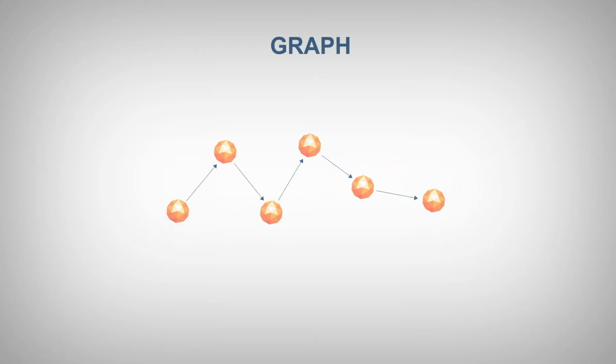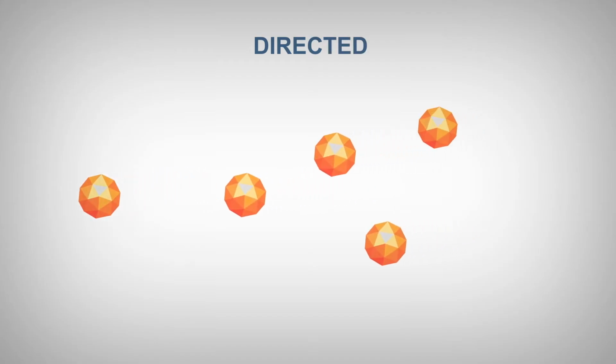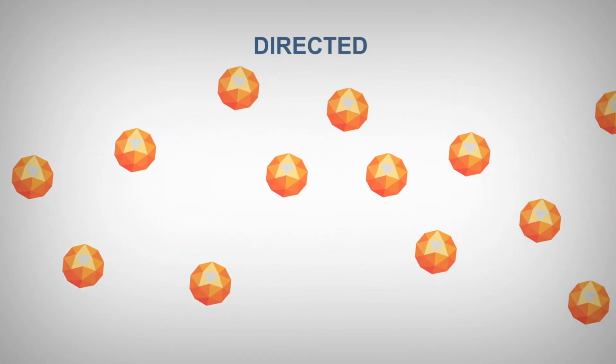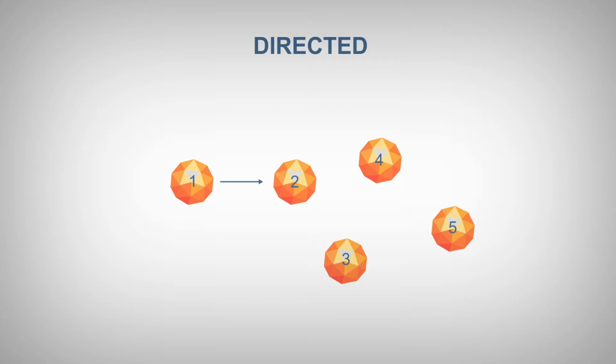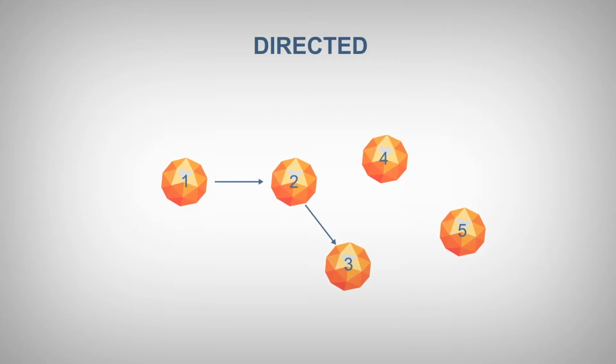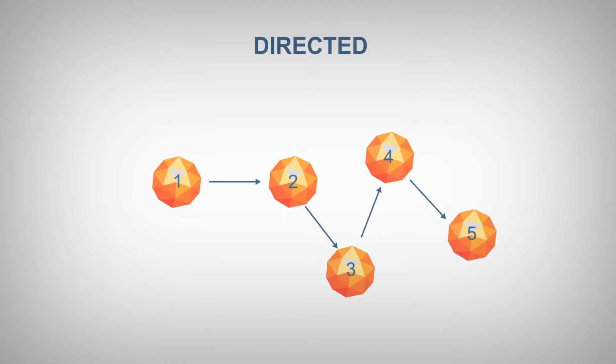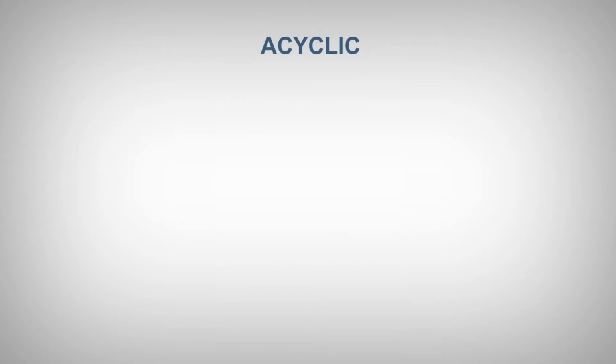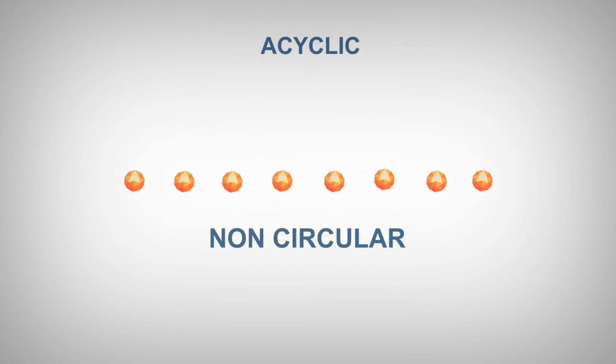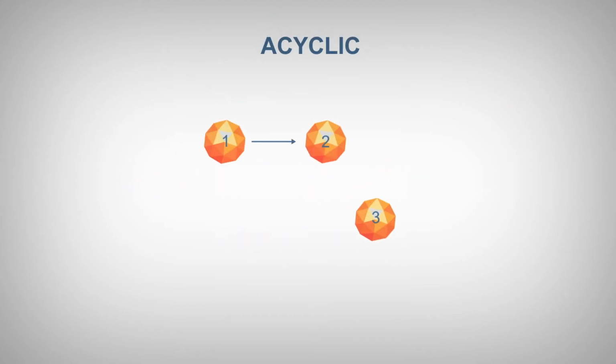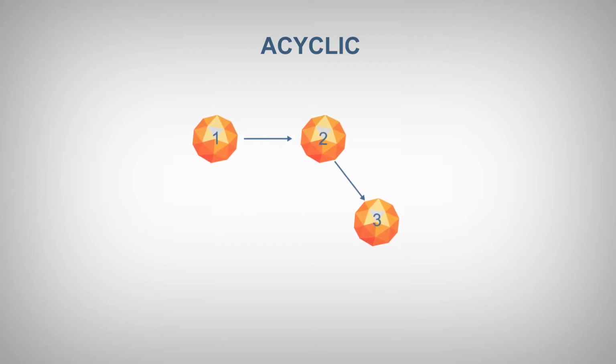connected to one another. Next, we know this graph is directed. This means that the graph grows forward. Transaction 1 connects to Transaction 2. Transaction 2 connects to Transaction 3, and so on. Lastly, the graph is acyclic. Acyclic means non-circular. This means we will never see Transaction 1 connect to Transaction 2, connect to Transaction 3, connect